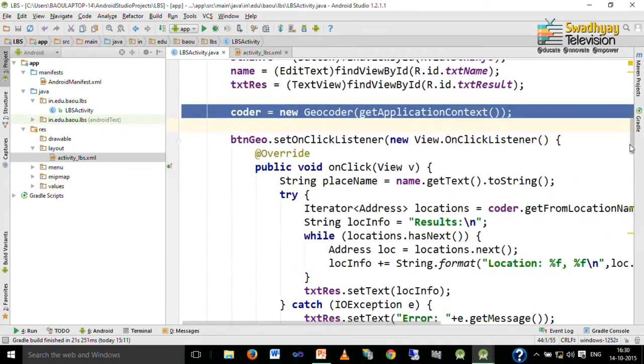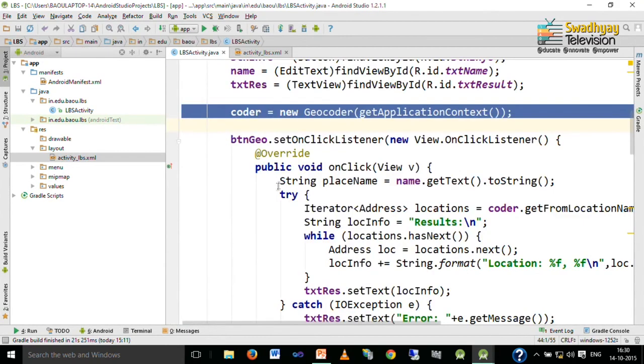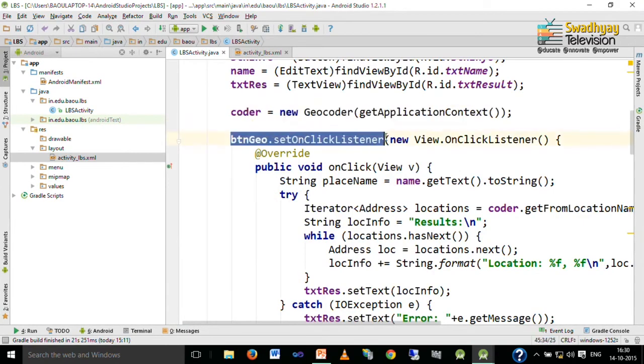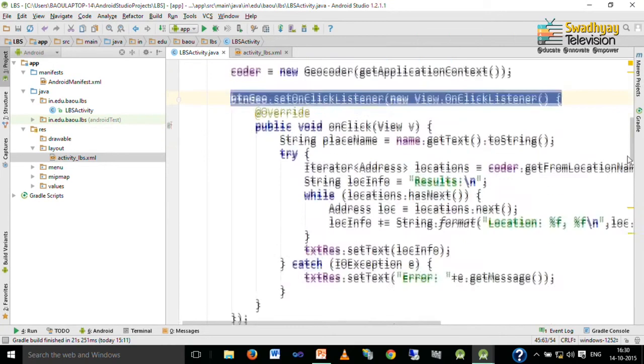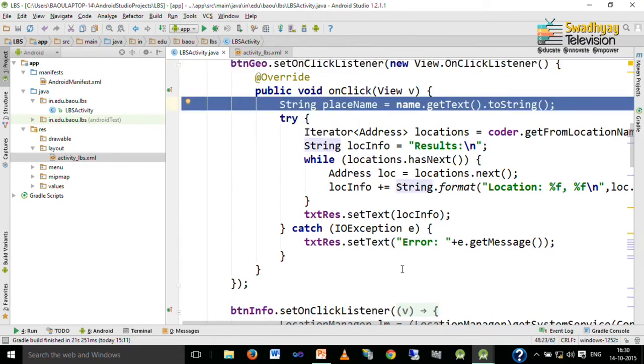Now, whenever this first button is pressed, we want to fetch this name and display its longitude and latitude. So, in the button geocode's setOnClickListener method onClick, we write String placeName is equal to the name entered in our edit text, and the name for our edit text is name.